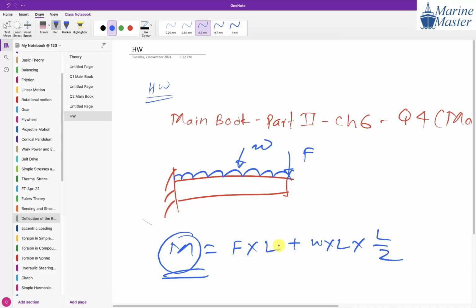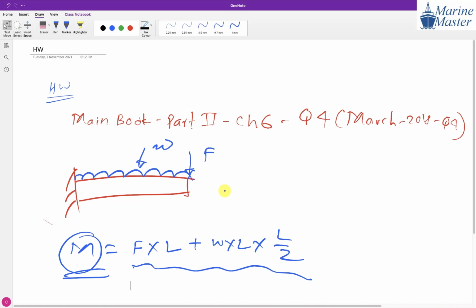So while I am doing that, guys, I will use only this one. Don't worry about sagging and hogging in the case of a cantilever beam, everyone. Make a note. For a cantilever beam, you don't have to worry about sagging and hogging, guys. You have to see